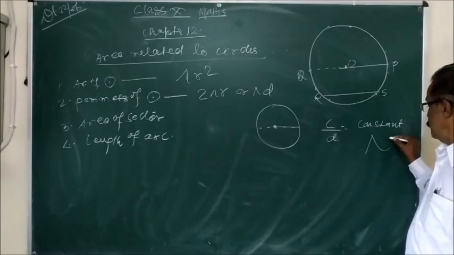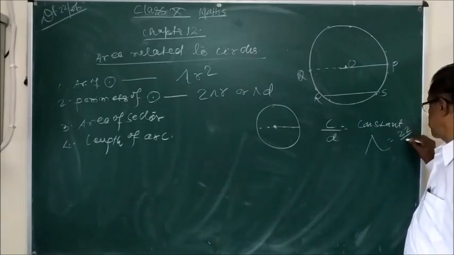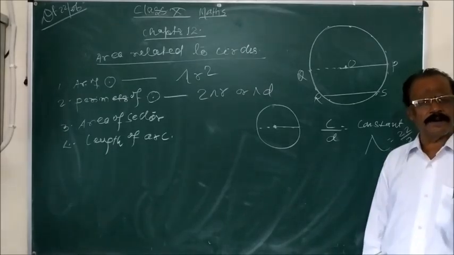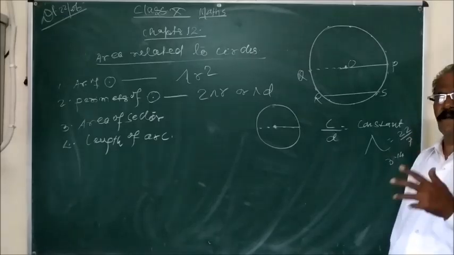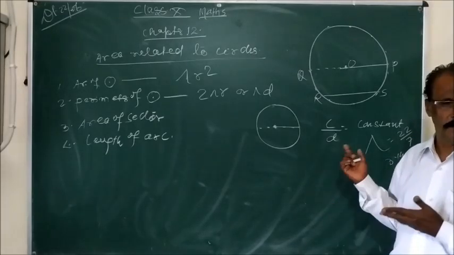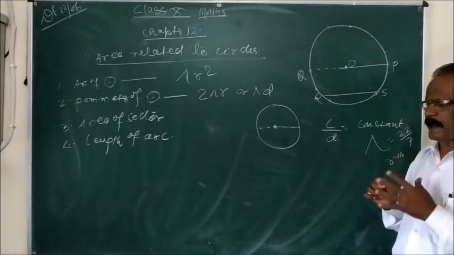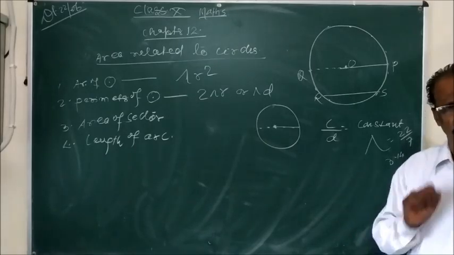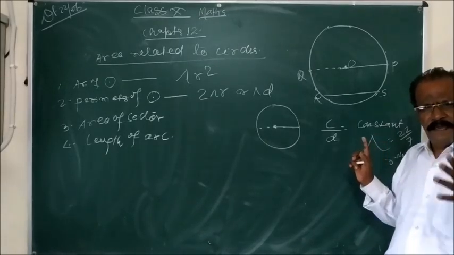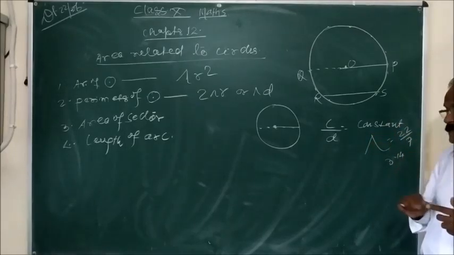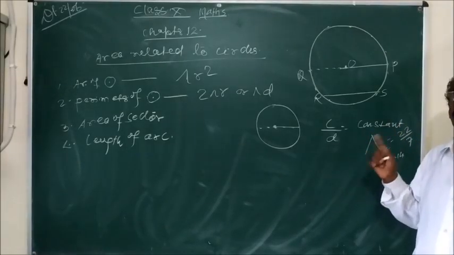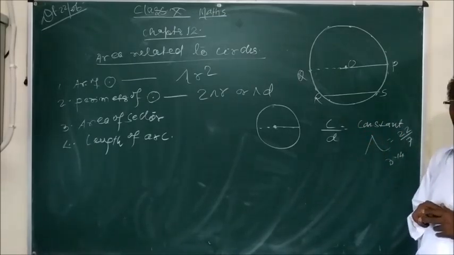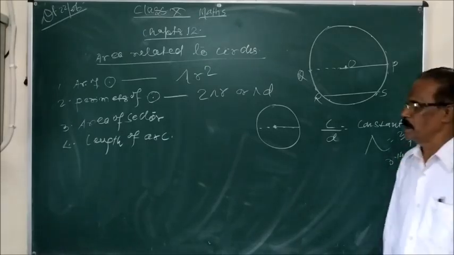You can say, sir, generally we put pi as 22/7 or 3.14, but this is not the accurate value. This is an approximate value for the calculation of problems and exercises. We use in place of pi either 22/7 or 3.14. But if you simply see these two, they look just like a rational number, but they are not. This is not a rational number. So pi is the ratio of circumference and diameter of a circle, and this pi is an irrational number.